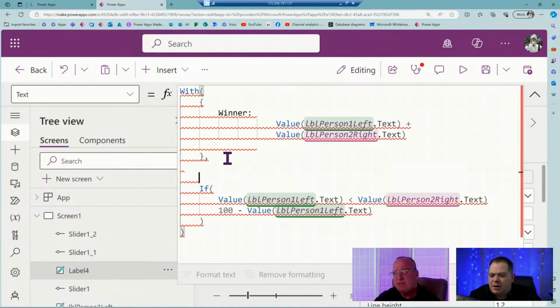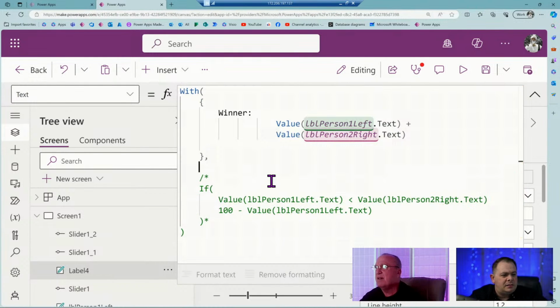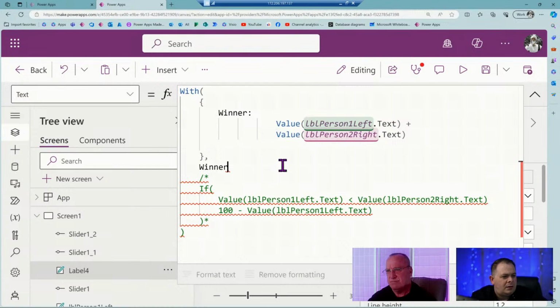Whenever you're debugging problems and you've got an error, you need to consolidate the thing. So if I say winner, I have a with block on a label and I'm returning that.